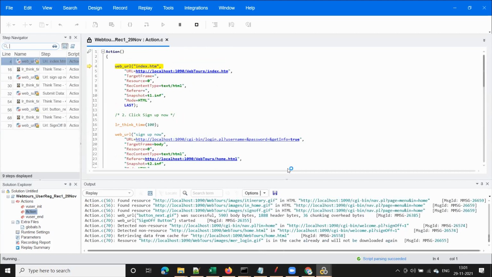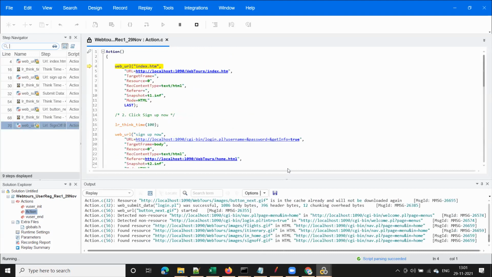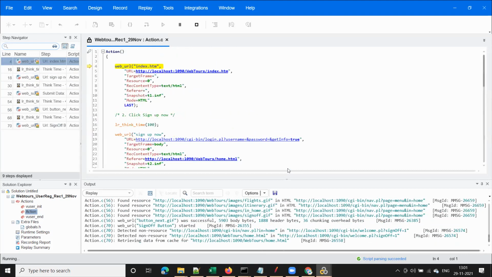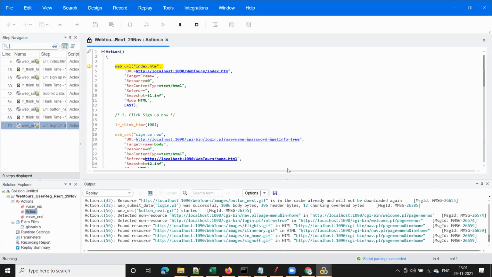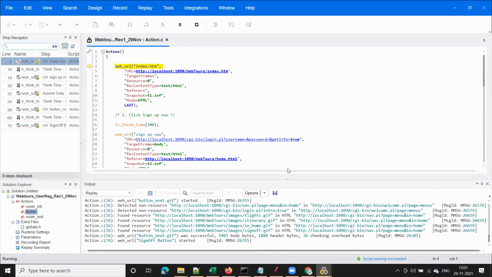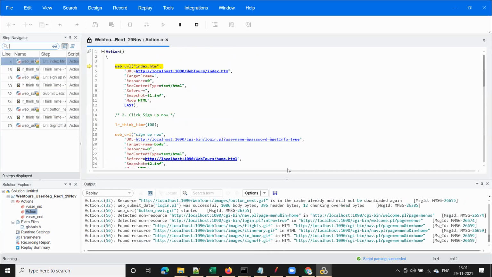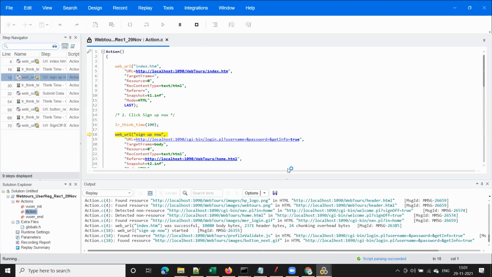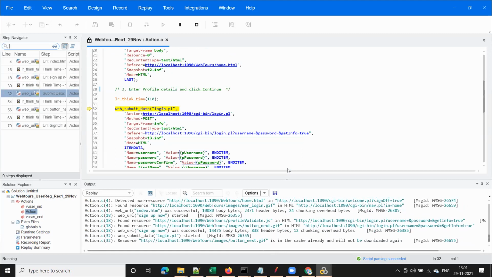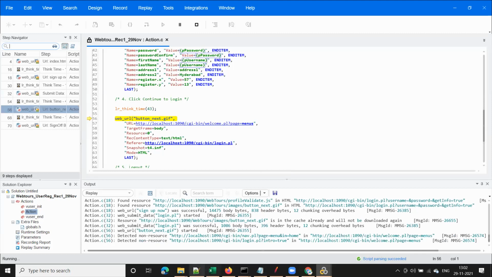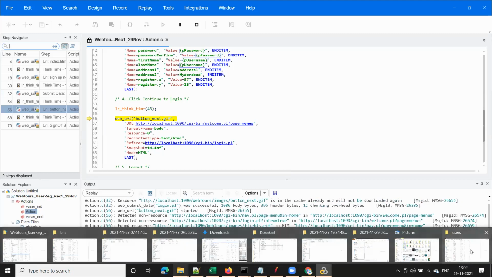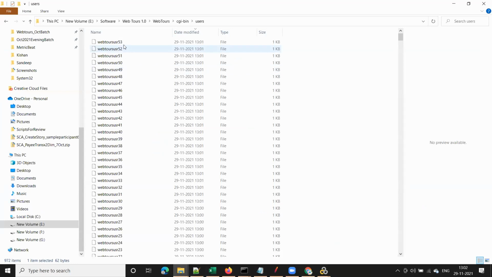Okay, got it. Right. So did we write any single line of code till now? No, right? So we just recorded the flow in the browser, and we did some modifications as per the requirement. Every time I want to pass one username. So for that, I have kept all the usernames into a file, and I referred to that file. I attached that file to the script, right? And now I am replaying the script. Now it is taking the usernames and passwords from the file, and it is registering. Here you can see approximately 50 user registrations are completed, isn't it?